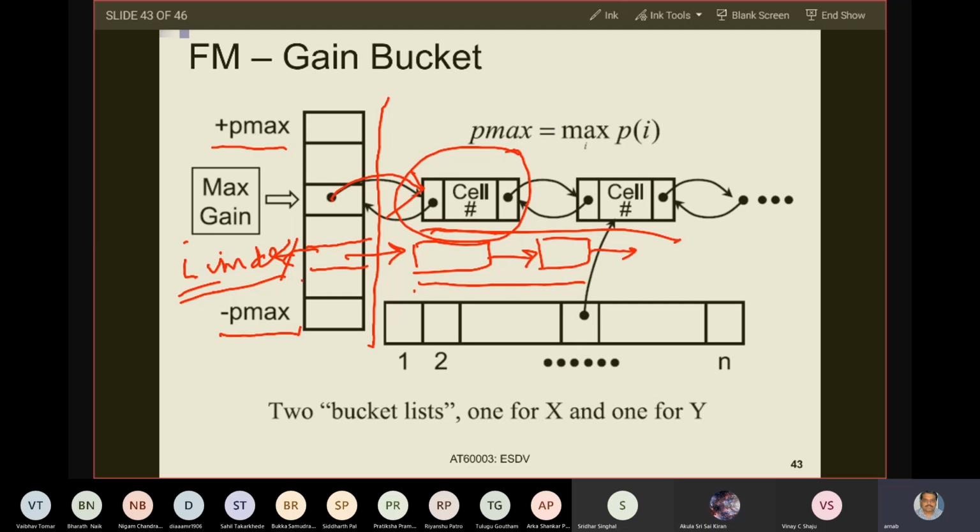Complete example I cannot give right now. Maybe can you formulate a small example and give me? Can you, let us say, take a small task graph of 4-5 tasks? Okay, I'll try to give you. Just give me a few days. I'll try to give you one small example after pujas.